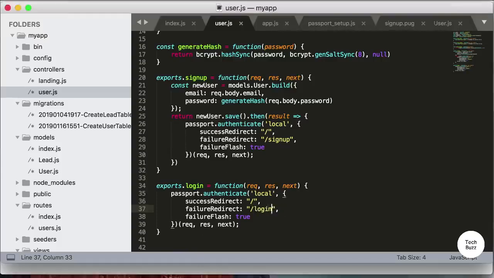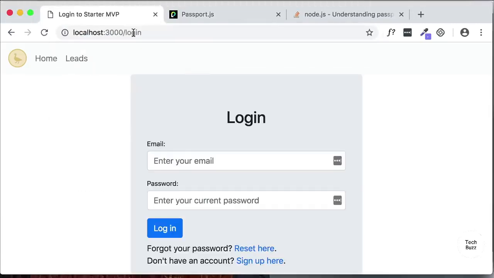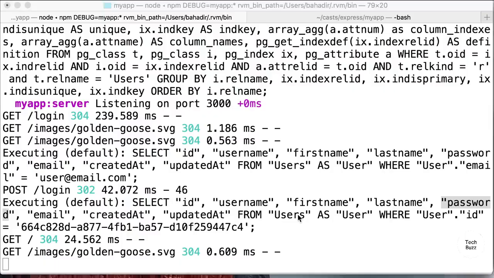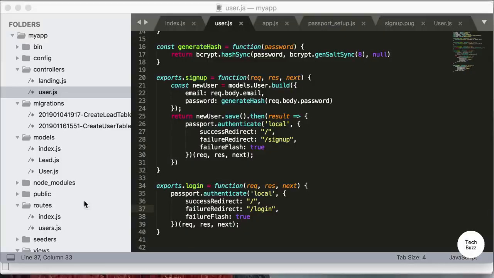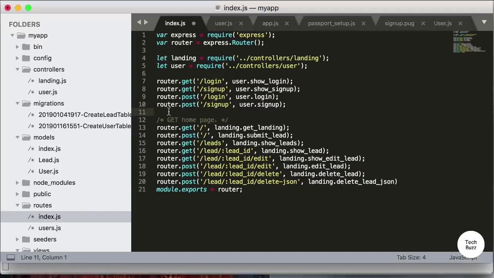Let's check the result by going back to our browser. And let's type /login. Let's type user@email.com and then the password. And I'm going to click on login, and I'm redirected to the / route, which means the login was successful as well, and I've initiated a session with my application. Now let's go back to our editor, routes/index.js, and for completeness we're also going to define a logout route. So let's type